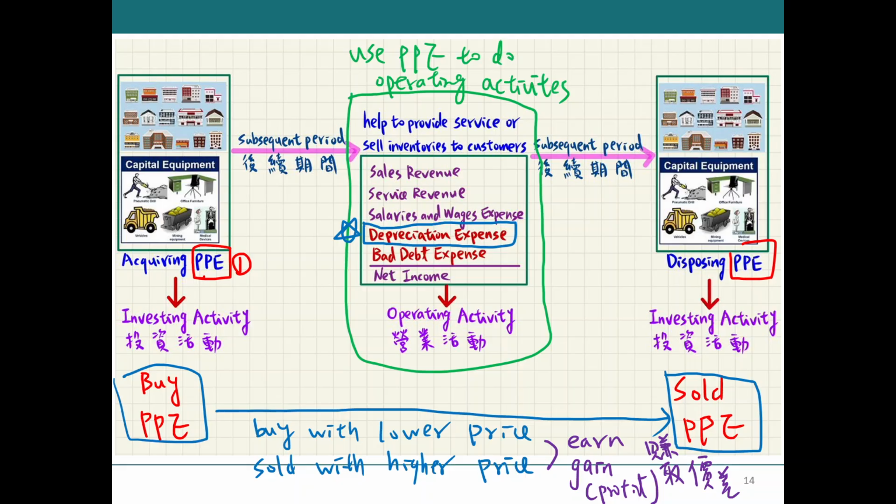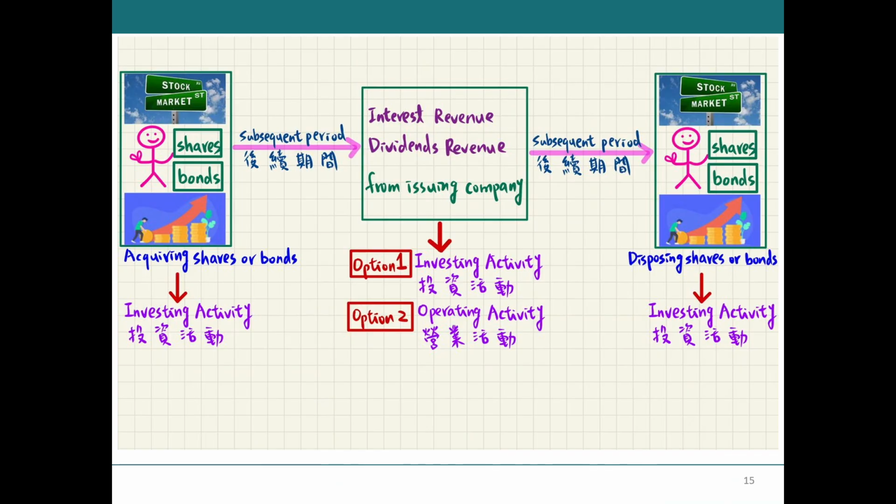Second, investing activity is what? You buy the shares, buy the bonds, right? Okay. So next one, when we buy the shares, we buy the bond. Also, don't forget, sold is also your investing activities. So when you buy the shares, you buy the bond. (Investing in stocks or bonds)